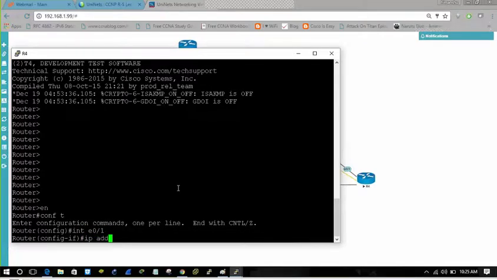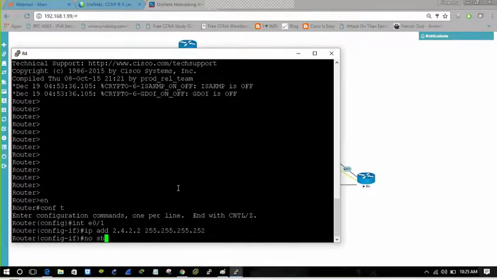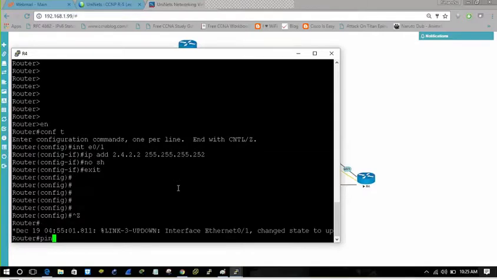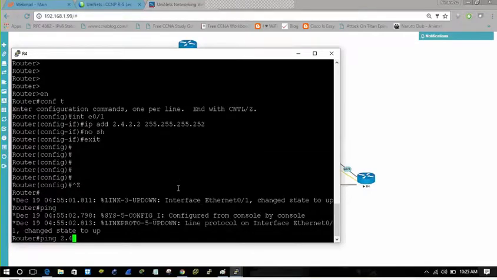Give it an IP address of 2.4.2.2, because we have given the other side 1. Let's try to ping it, 2.4.2.1.